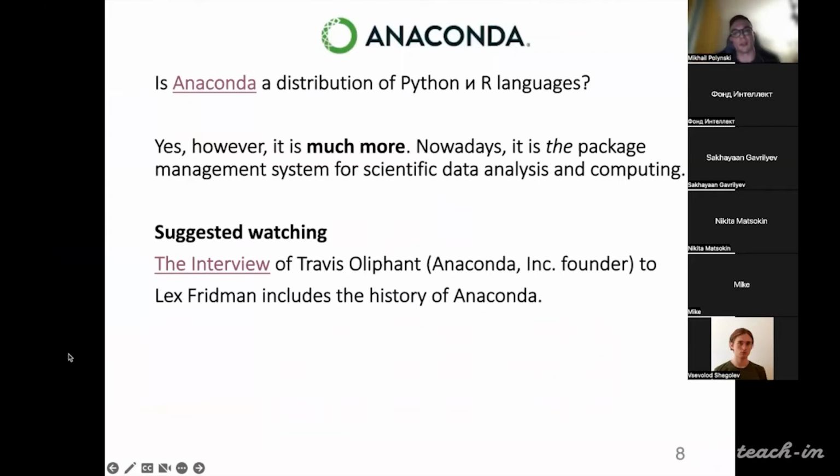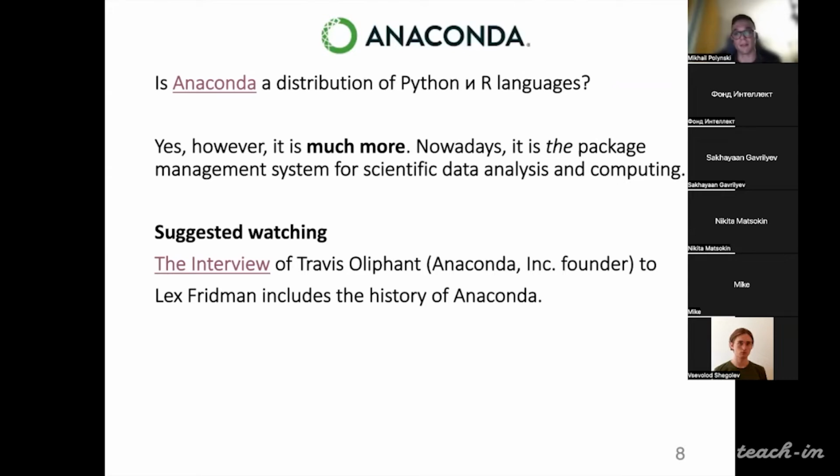And of course, we are going to use Anaconda as the main distribution of Python. And I also should say that it's really much more than just a distribution. It's a package management system for scientific data analysis and computing.